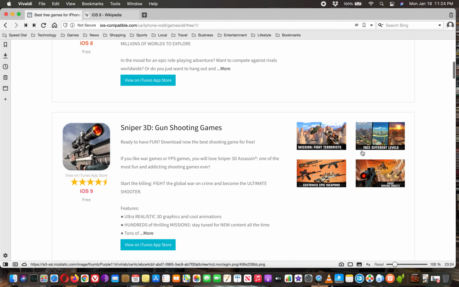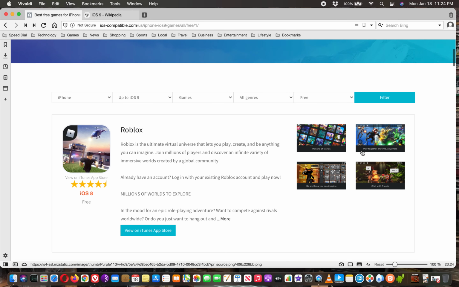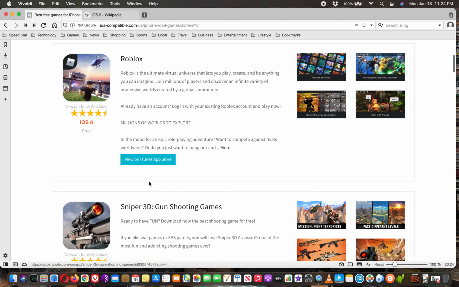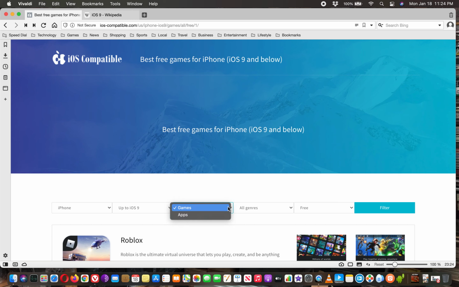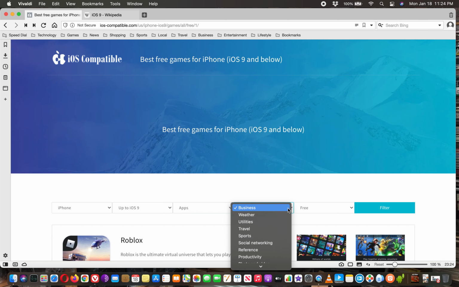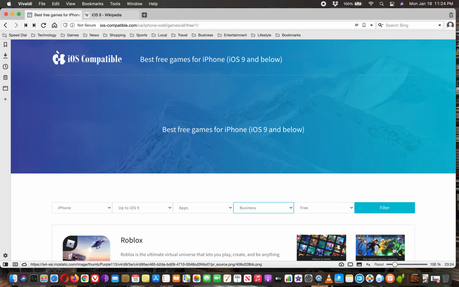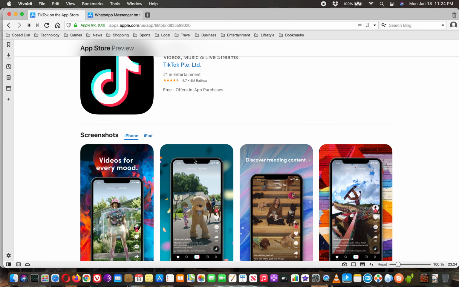and these are different games that are usable on iOS 9 or lower. And if you just want to go to other apps, not games, but all other types of apps, if you go there, then it also gives you categories that these apps fall under, and you can just choose between the multiple different categories. I was kind of surprised to see some major apps still support iOS 9, like for example,